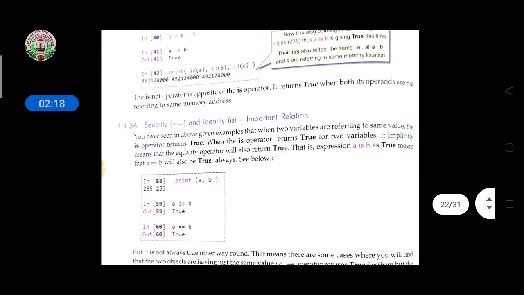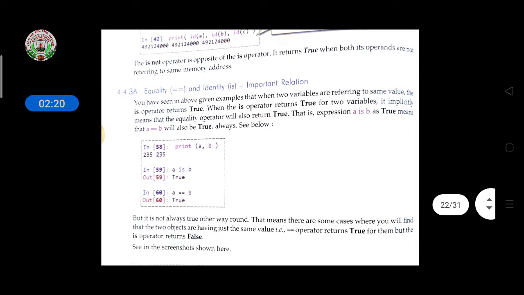Then come to equality. Equality and identity have an important relation. You have seen in the above example that when two variables refer to the same value, the is operator returns true. When the is operator returns true for two variables, it implicitly means that the equality operator will also return true. It means that if both variables have the same object, the is operator returns true, and the equality operator also always returns true.